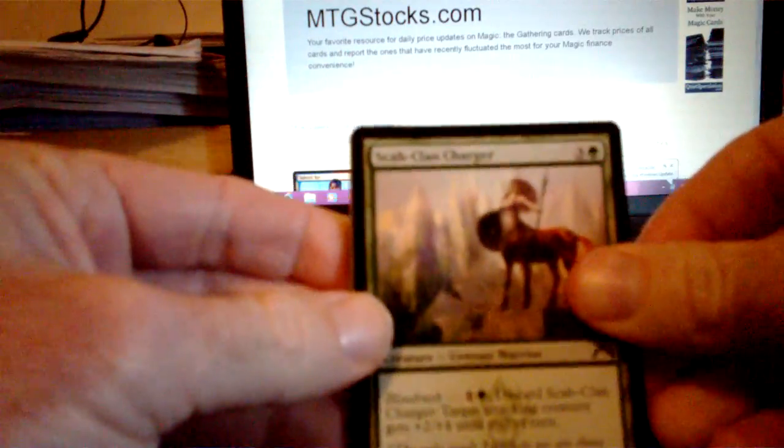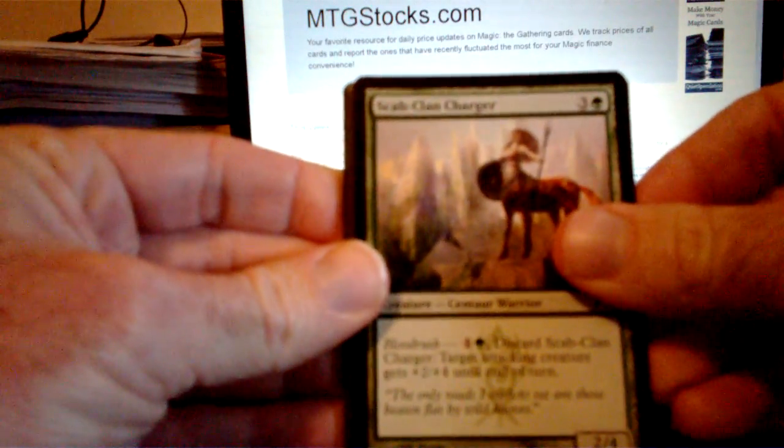Definitely wouldn't mind a Domri Rade either. You'd think out of 6 packs I'd definitely get an Experiment One, Boros Charm, Burning Tree Emissary, but you never know. Alright, Scab Clan Charger,